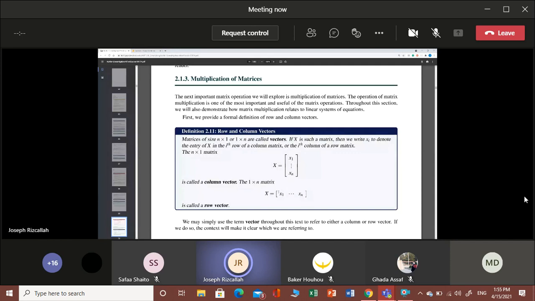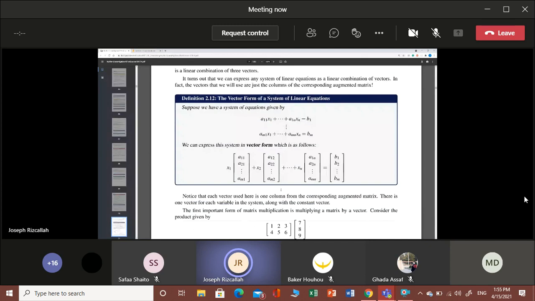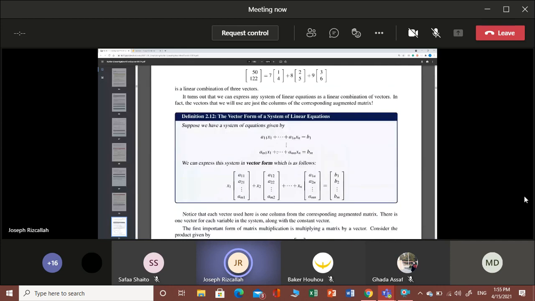Now let's look at our system of equations. Remember that we started with the system of equations. So let's start with it and try to write it using these vectors. If we have a system of m equations, the first equation, the second equation, and then the m-th equation, in n unknowns, x1, x2, up to xn,